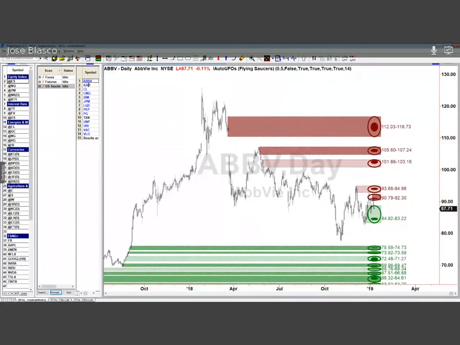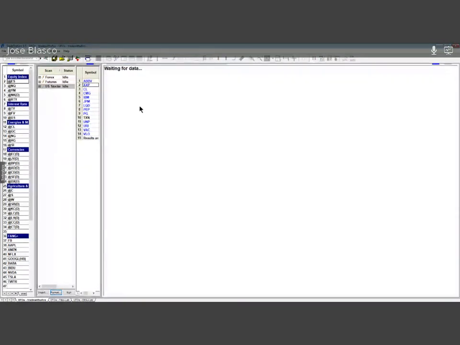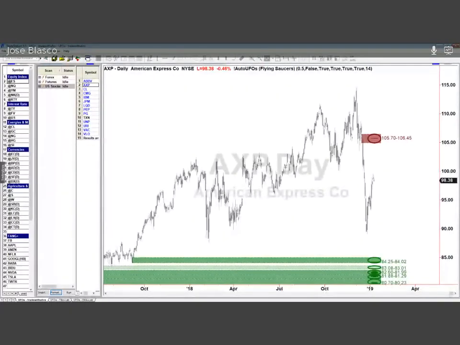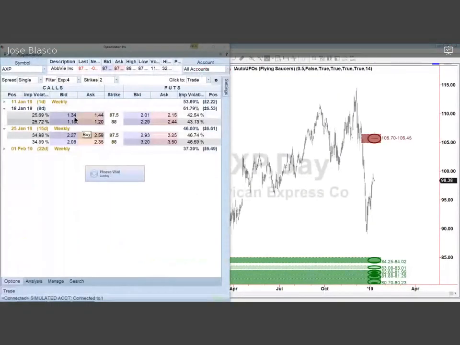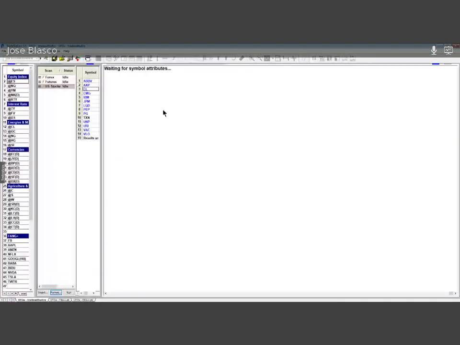And by the way, when you develop experience trading options too, out of this list, I would know, for example, their liquidity. But I want to do the process manually with you, so you get to see this. Okay, so I'm loading AXP. Okay, here we go, and here we got a 15-cent spread. This is not too good in the next expiration. So we could certainly plan a trade with American Express, but just like ABBV,